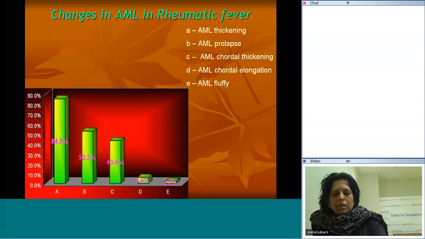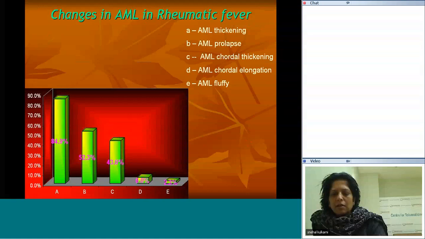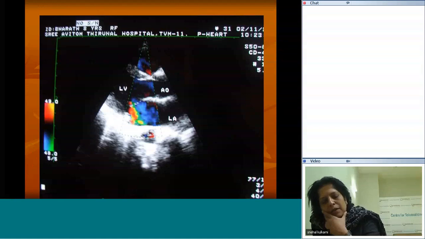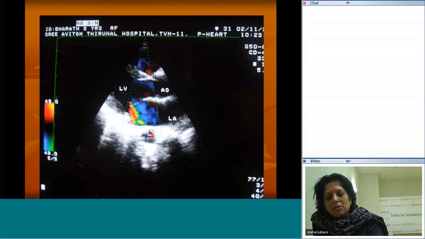So, if you see the changes in the anterior mitral leaflet in rheumatic fever, you see mobility, thickening, prolapse, chordal thickening, chordal elongation, and fluffy leaflet. These are the different percentages seen in the anterior mitral leaflet in the process of rheumatic carditis. Now, if you see this figure, it has a thickened anterior mitral leaflet and a mosaic pattern of mitral regurgitation which goes in the posterolateral direction, which is very classical of